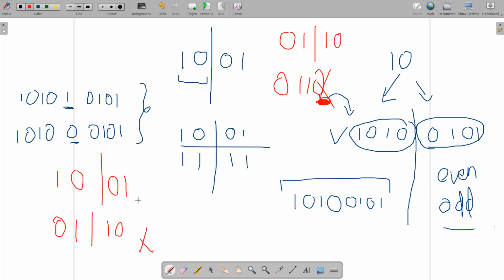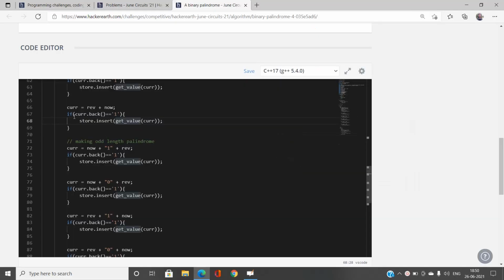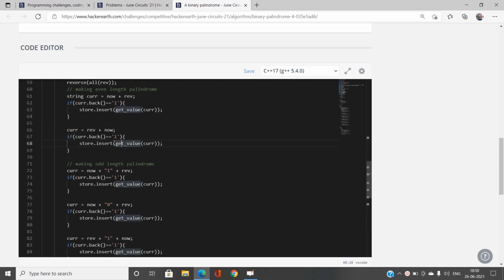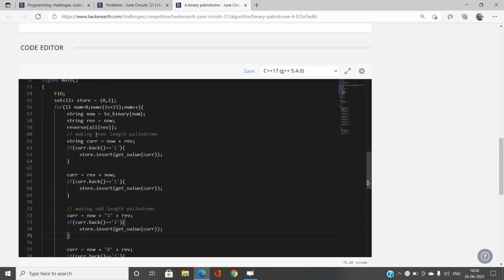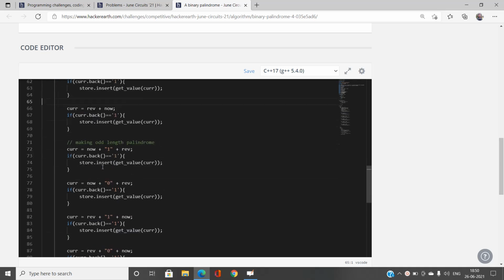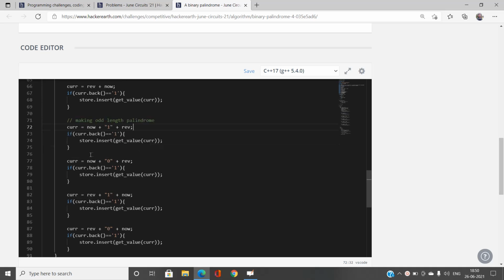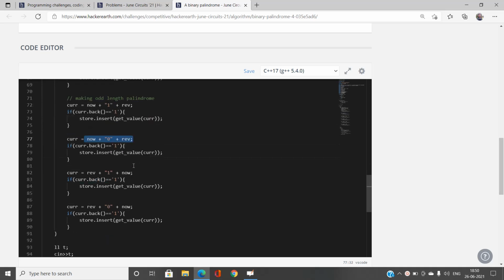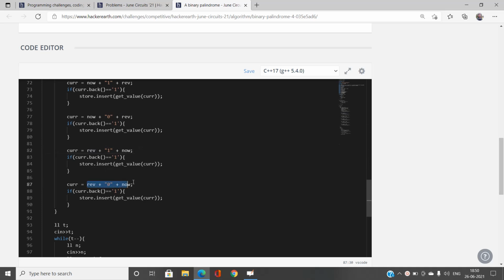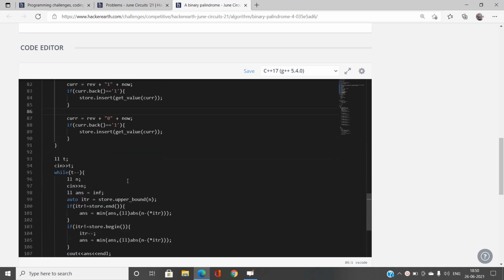That's why I check both conditions, reverse plus num or num plus reverse. This is the even length palindrome: num plus reverse and reverse plus num. Now making an odd length palindrome: num plus 1 plus reverse, or num plus 0 plus reverse, reverse plus 1 plus num, and reverse plus 0 plus num. This will give us all the palindromes that we require.